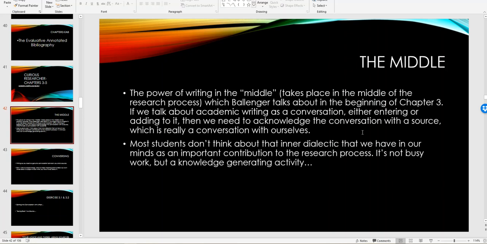So you have this inner dialectic that's happening in your head, right? You're working with sources, you're thinking about your topic. The idea behind research is to learn new information and use it to support your thinking about your topic, all right? This is a knowledge generating activity, and this is the important part of the research process, not grabbing a quote and regurgitating it. What does a quote mean? How does it further your conversation or what you're thinking about your topic? I'm not looking for a report. As I've been saying often, I'm looking for a research essay.